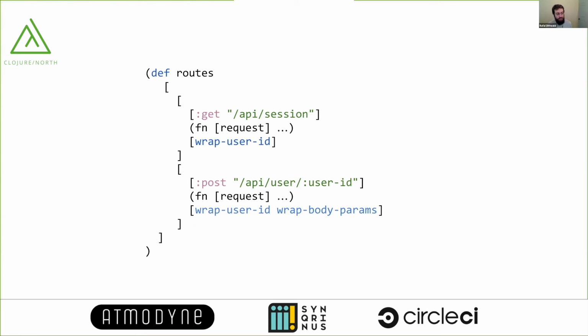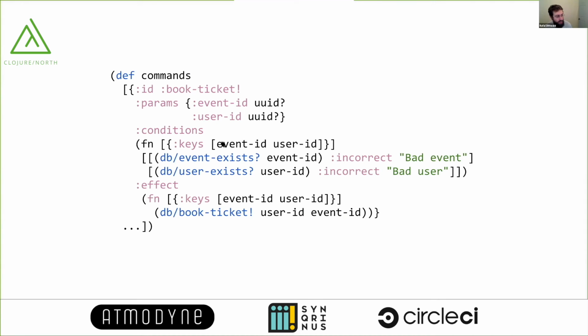And that we still use in a bunch of things today because it's a pretty nice way of doing things. And it's kind of easy to manipulate and inject middleware. And this is kind of similar to how Pedestal has one representation that you can use that looks similar to this. And finally, another one that we've been working on,